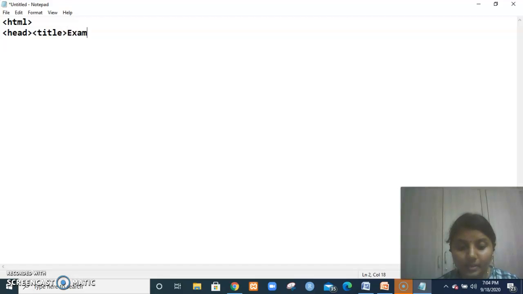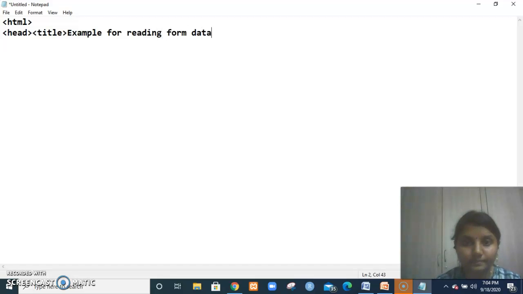For example, "reading form data". Close your head part. Once head is closed, we have a body part in HTML. That is the structure of our HTML code. So we'll write a body.